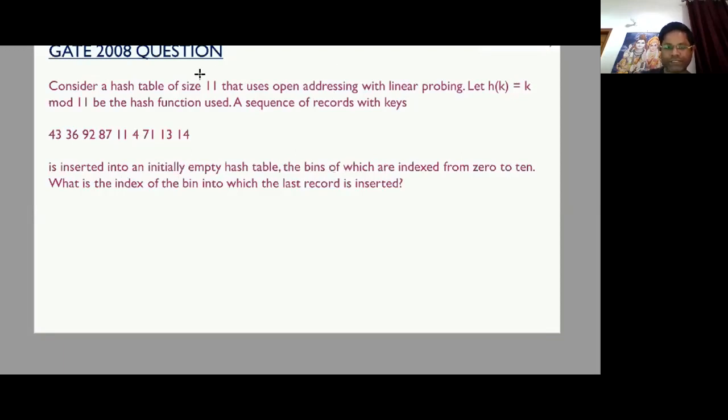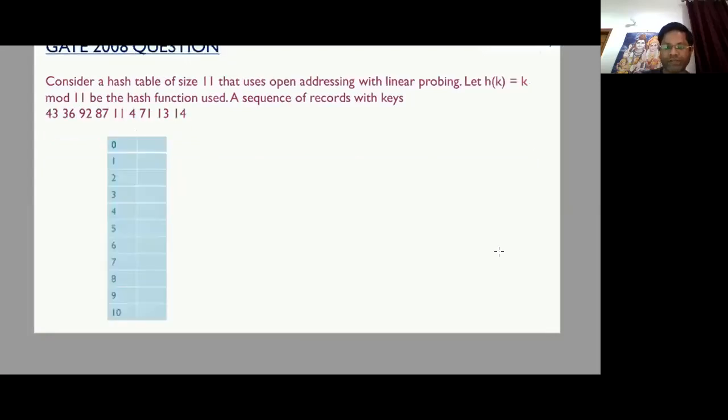Since the table size is 11, we keep on indexing from 0. So the last index is 10, starting from 0 to 10. So there are a total of 11 elements.